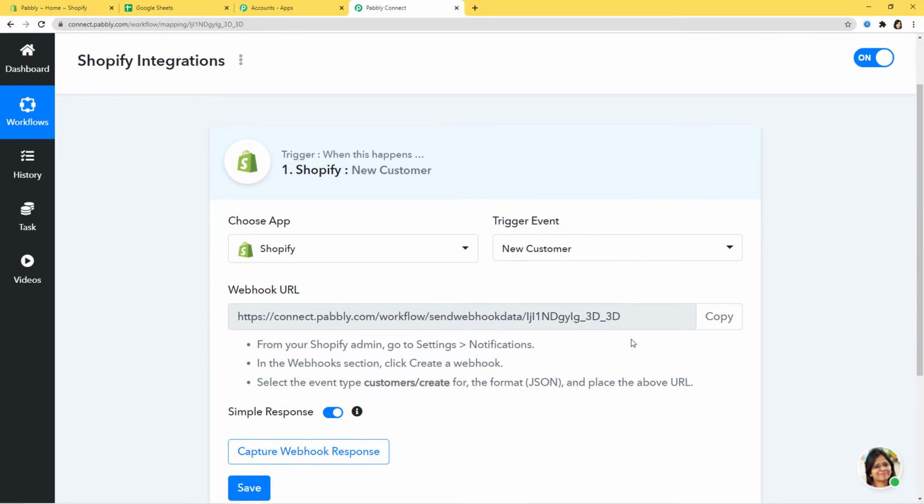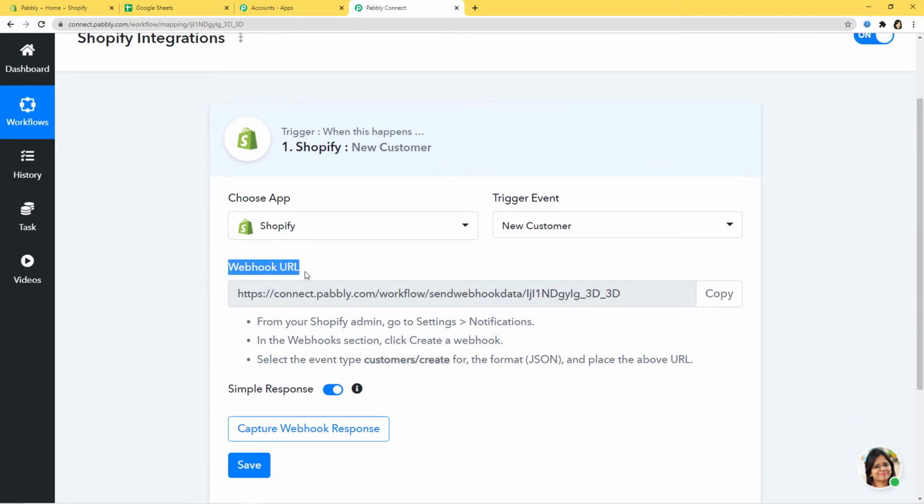So now when you come down here, you can see a term called webhook URL. Now you again might be confused. Let me tell you that webhook is an essential way to get data from an external software at Pabbly's end. So this webhook helps you to build a connection between the trigger software application and Pabbly Connect. So after choosing the app and choosing the trigger event, what we do is we copy this webhook URL from here and we go and paste it inside the trigger software application, which is Shopify in our case. So you can read the instructions carefully and you can just follow them.